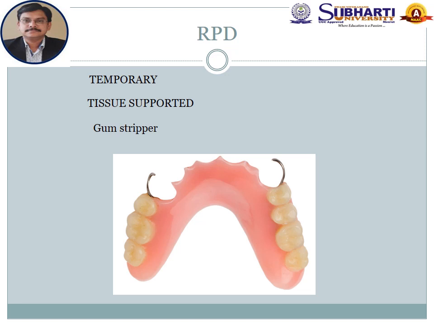So this type of RPD does not require proper designing. Wherever natural teeth are missing on the cast, you arrange the artificial teeth, and if required you provide two wire extensions, such as a crab-like extension, which will engulf the natural dentition. So this type of RPD takes only retention from the adjacent tooth and not support. Hence it is called a tissue supported temporary RPD or gum stripper.